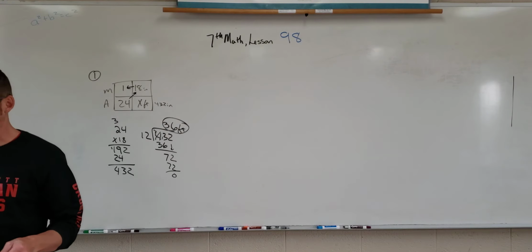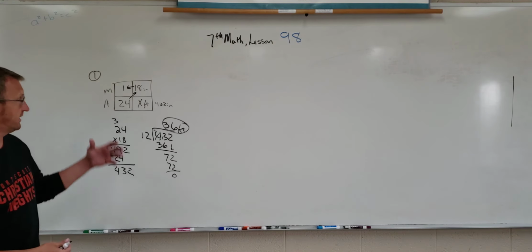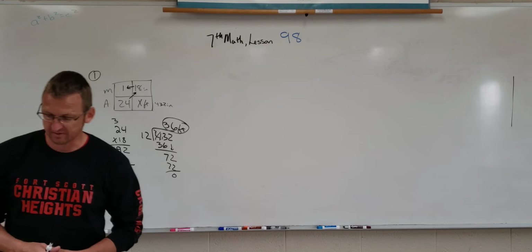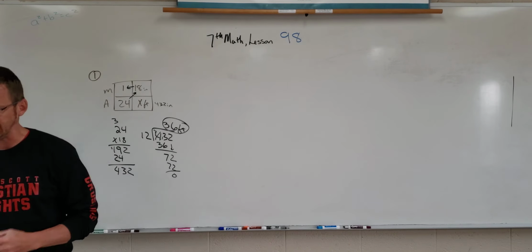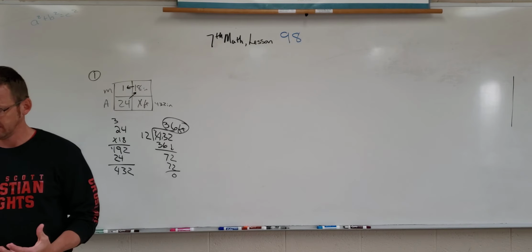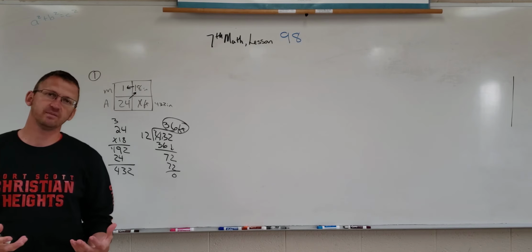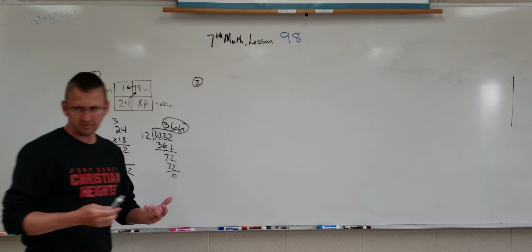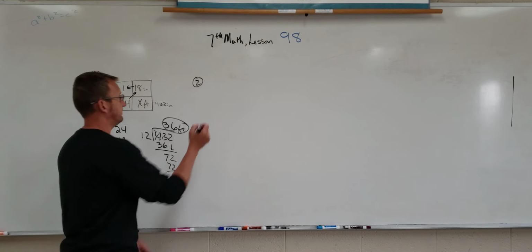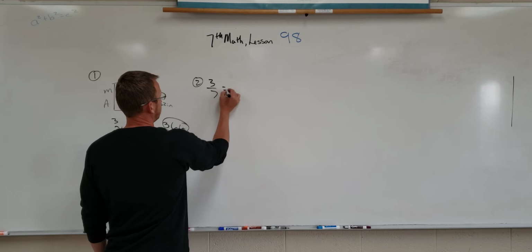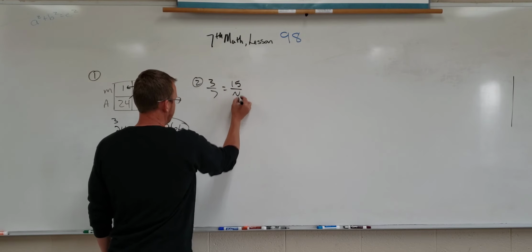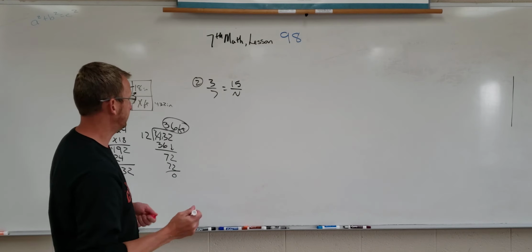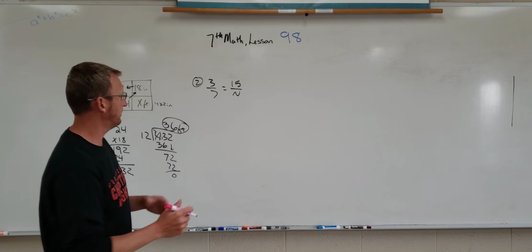Okay? So scale, you're simply setting up a ratio box and solve it. Now on page 676, it talks about scale factor, how much bigger. And it's still the same thing. We're still setting up ratios. In fact, example 2 simply sets up a ratio. It says solve. 3 over 7 equals 15 over n. Now again, we can cross multiply and divide like we have been, or in this case, you could also say